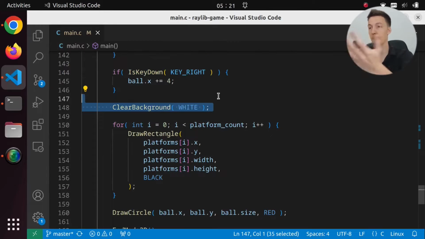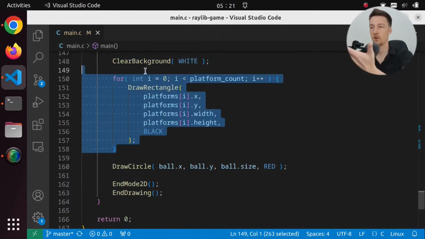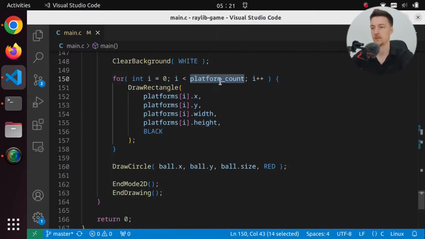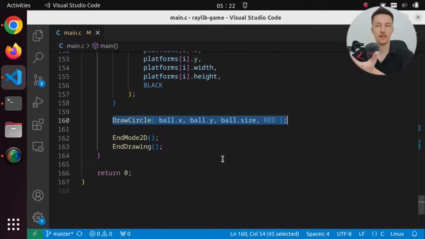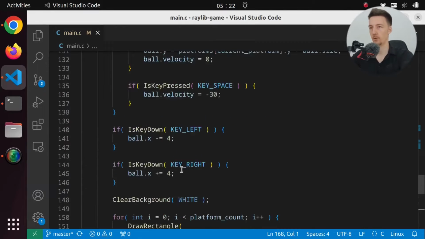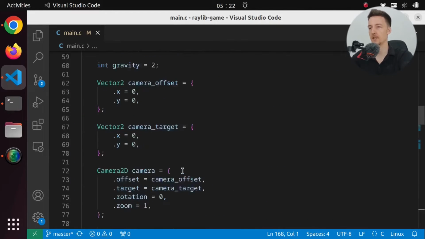And here we just clear the background, and then we draw all the rectangles for all the platforms. And then we draw the actual ball. And that's the whole game. So fairly simple. Now, one thing I want to do at first is I want to make this window a little bit bigger,